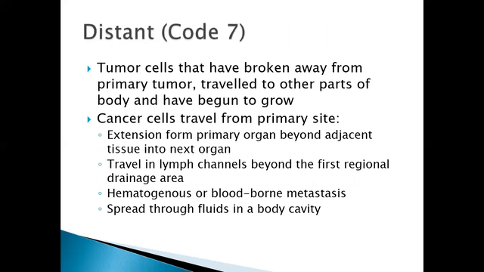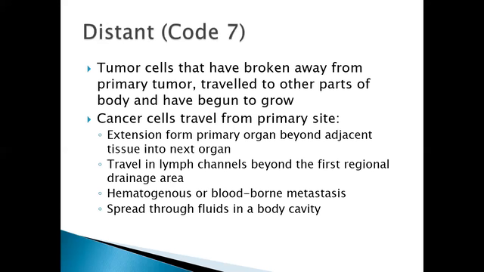So distant metastases is code 7. These are tumor cells that have broken away from the primary tumor, have traveled to other parts of the body, and have begun to grow at a new location or locations. Distant stage is also called remote or diffuse, disseminated, metastatic, or even secondary disease. So many different terms can once again be used. For distant mets, there is not a continuous trail of tumor cells between the primary site and the distant site,